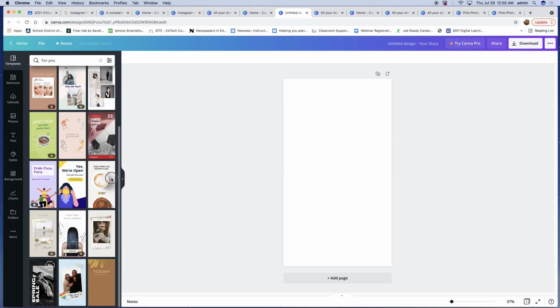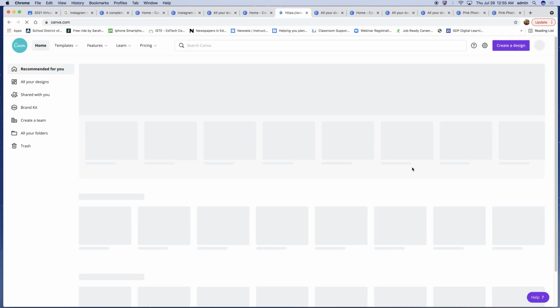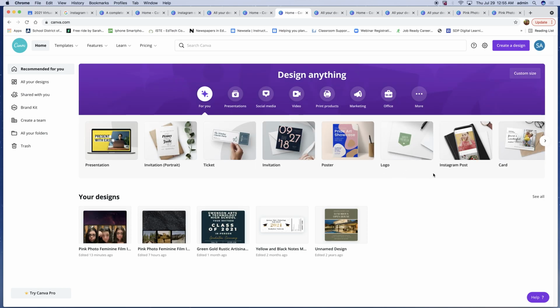So if we go through, we can look and see if it's there, and if it's not, we can also just go back to home. And you can actually do a search for this Pink Photo Feminine Film Instagram story. So if we type that in,